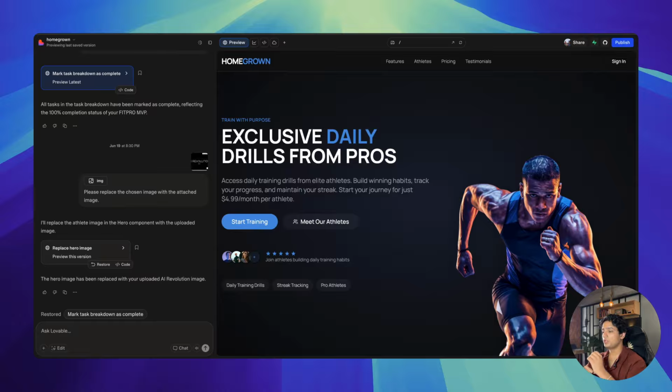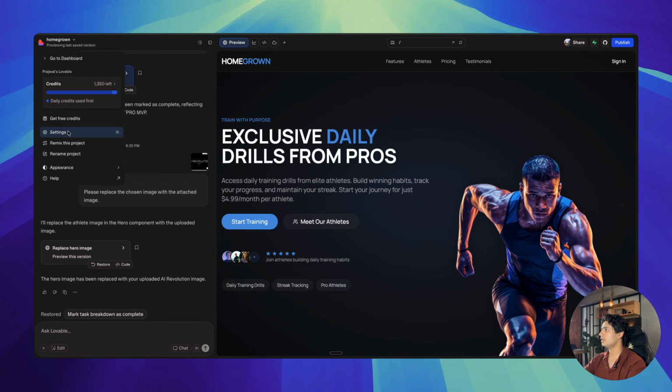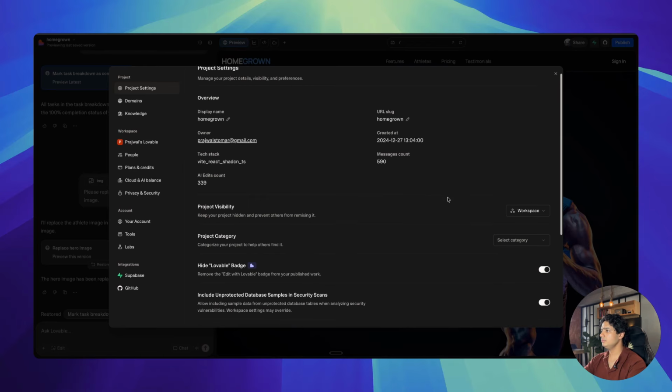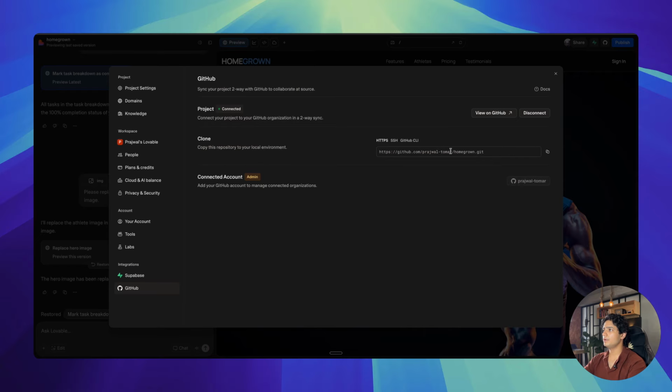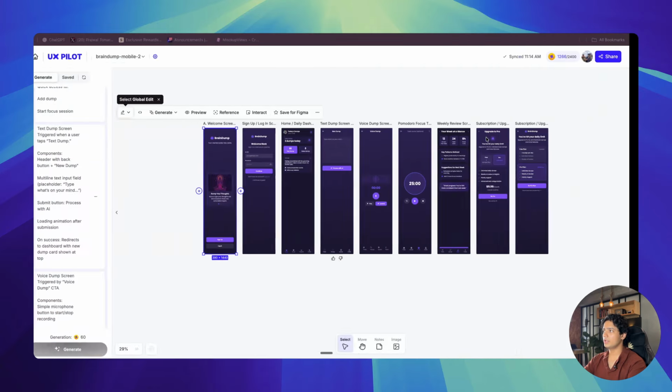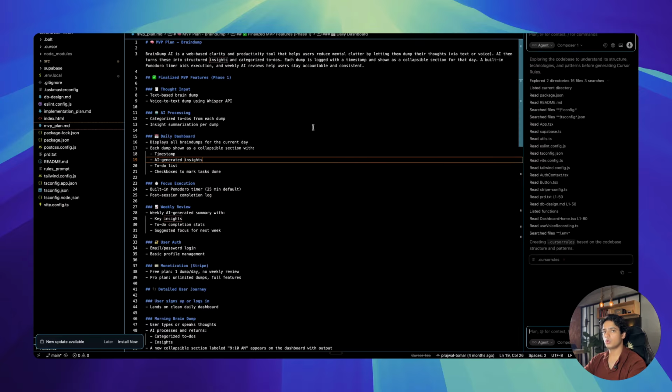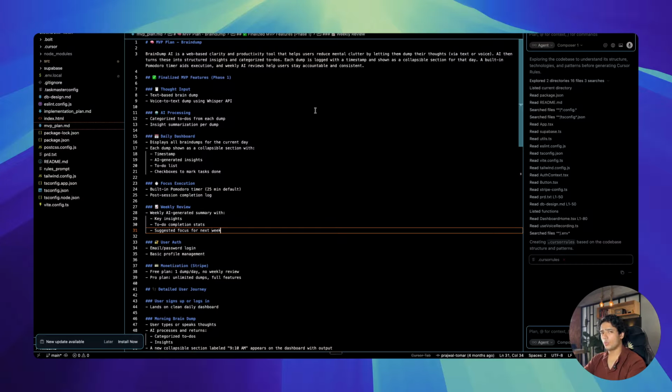So now let's talk about pulling the code into Cursor. Now it's time to bring your code into Cursor, which is the main coding environment. It's very simple to do that. You just have to go into the settings of a project, and there you will be able to see this GitHub integration. From here, you will be able to see where your repository is live on GitHub. So you can just go onto that, then go inside Cursor and clone that repository into Cursor, and you will have that live in your local development server now. And you can then start playing around with it. You can update it. You can use Cursor agent in order to make some changes, etc. And the best part